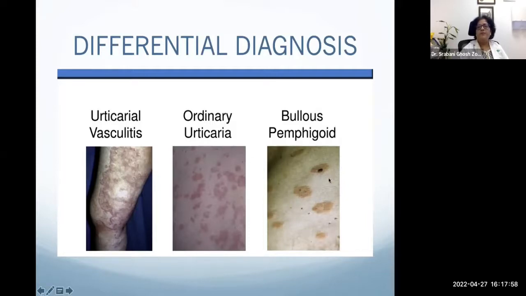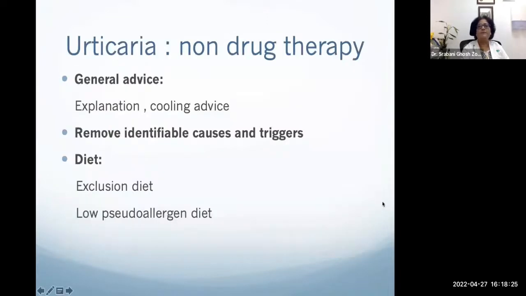And bullous pemphigoid in early cases, where the patient presents with intense itching and urticarial lesions when the bulla is yet to develop, sometimes it might be very confusing, especially in an elderly person complaining of intense itch and urticarial lesions which stay. So do consider this diagnosis and ask for a skin biopsy.